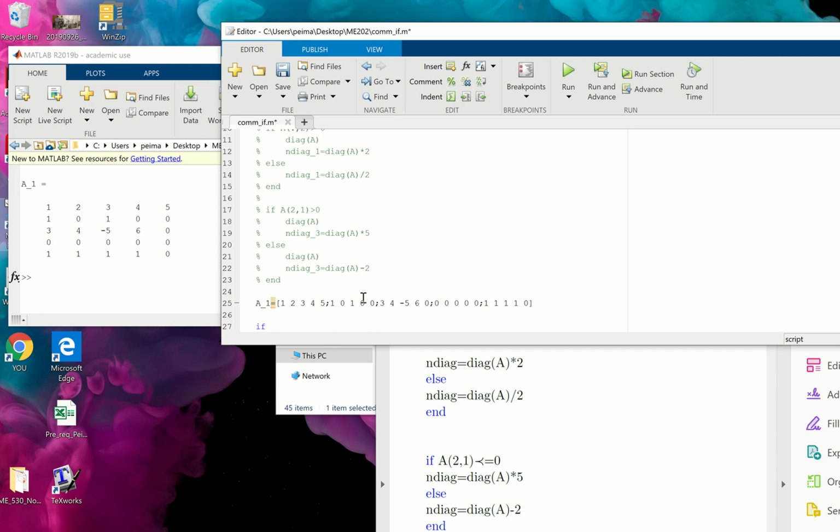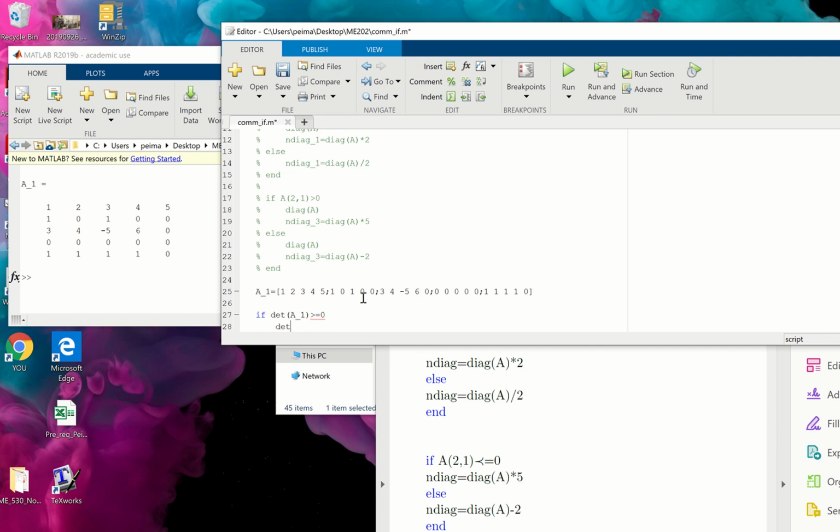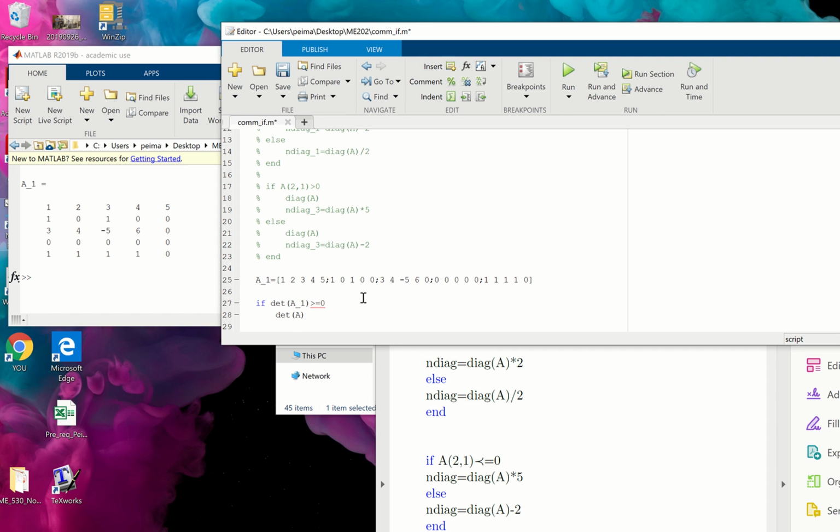Now this is my command. I say if, okay, if determinant of, guys, determinant of, I told you this, right? Why am I doing it like this? Determinant of matrix A1 is greater than or equal to 0. Okay, I'm going to show the determinant of A. I'm going to type it for minutes, right? If that's the case,